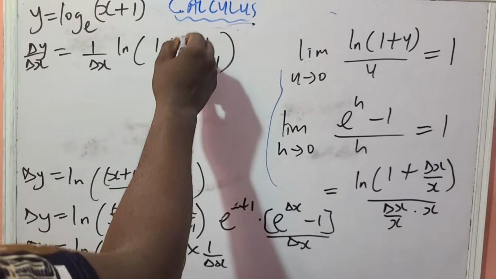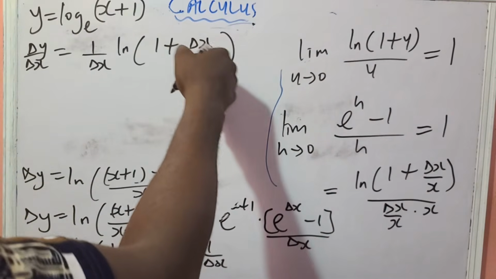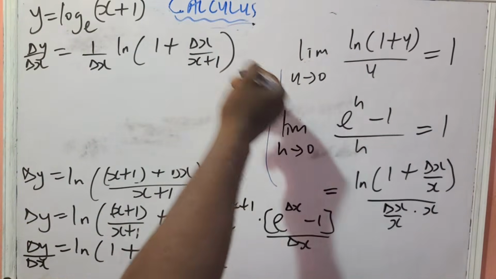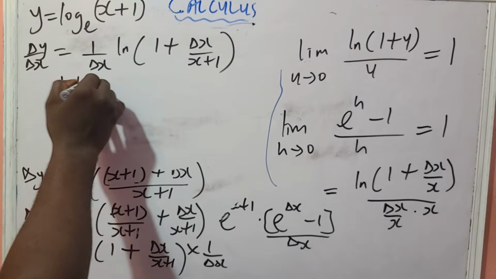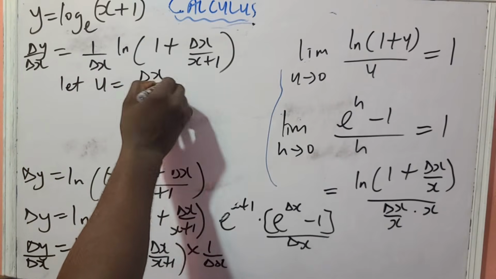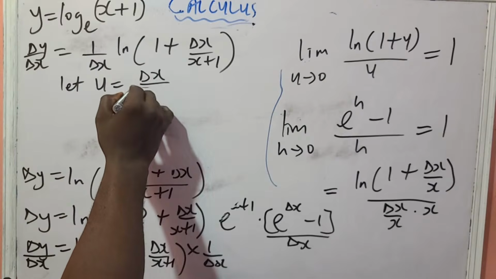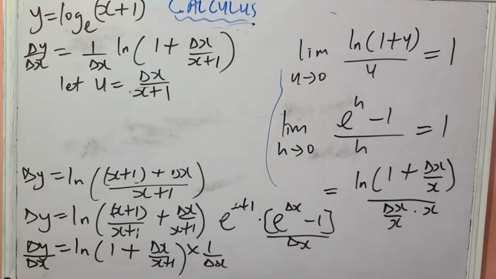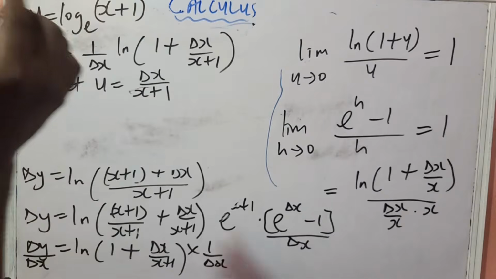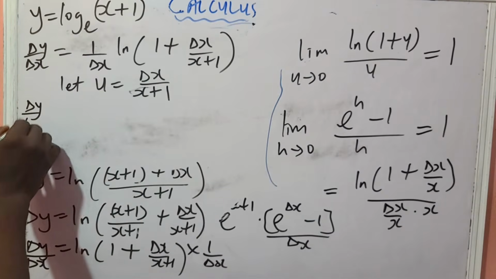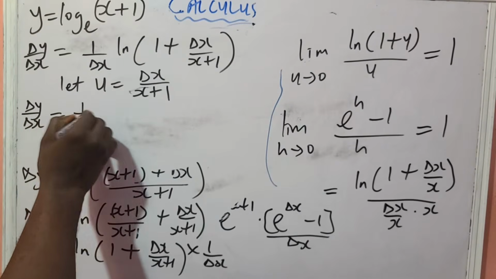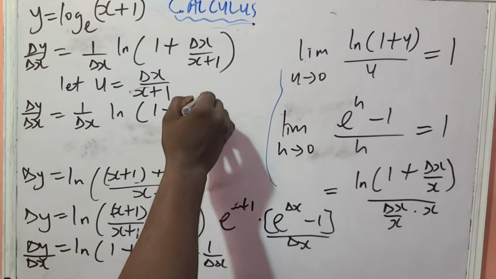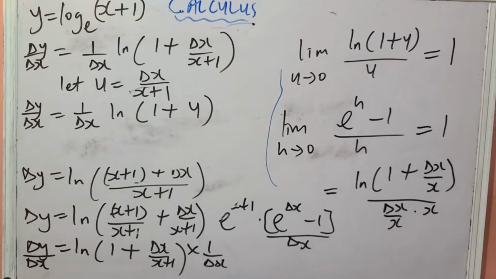Look at this. So look at what we have here. I'm going to represent it with any letter. I probably will use U. And if you don't want us to use U, you can use any other thing. So let U be equals to change in x over x plus 1. There's a reason why I'm doing that. You will understand why now. So let U be equals to that. So of course, that means I can say change in y over change in x is equals to 1 over change in x, the natural logarithm of 1 plus U. I'm sure nobody is here disputing that